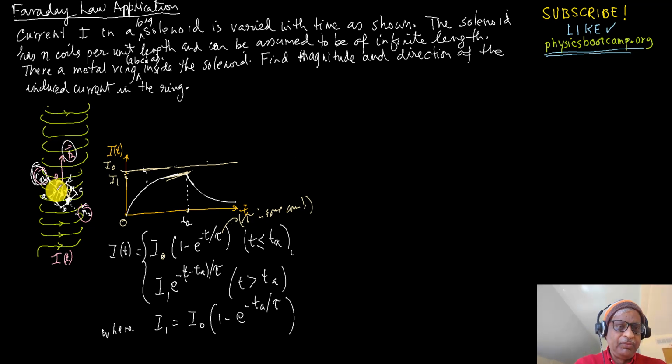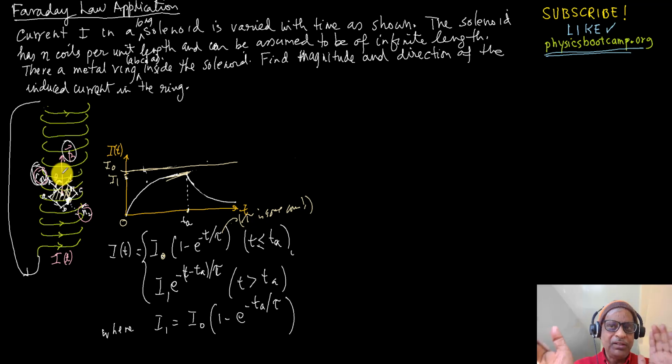There is a very long solenoid and its current enters and then loops around and exits somewhere, goes like that. So this is a structure, and inside there is a metal ring, say A, B, C, D, and it's oriented so that the axis of